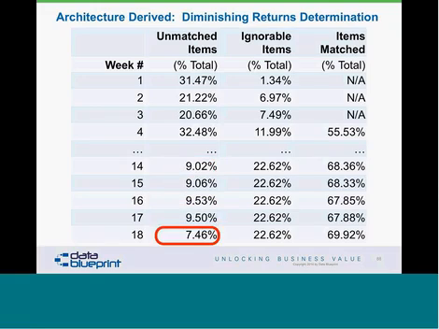from it. You'll notice that the unmatched items eventually dropped their way down to 7.5%, meaning we'd taken the original problem space down to 7.5% of the original problems. Also, the ignorable items, we were able very confidently to say that 22.62% of the data that was in those 2 million NSNs was of absolutely no use to the business. It was rotten. And finally, the number of items that were matched, we went from 68 to just about 70%. And you can see we were reaching the top of the curve or the point of diminishing returns when we